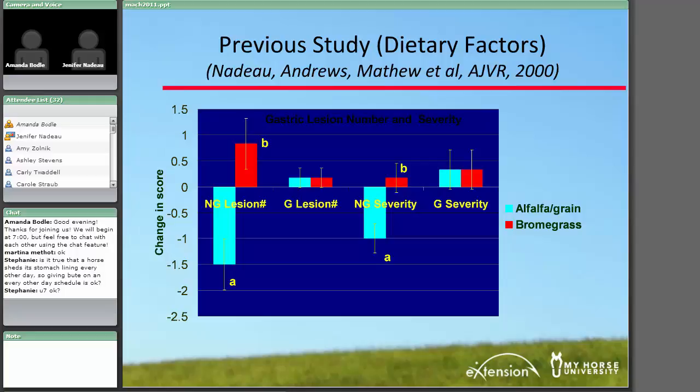And I was horrified, so I thought, oh no, I definitely have to go there. So we did a study, and we put these horses, we could collect gastric juice from their stomach. So we thought, well, let's try 2 different diets and see how that affects them. So we put them on an alfalfa grain diet, and I have to tell you the truth, originally I thought